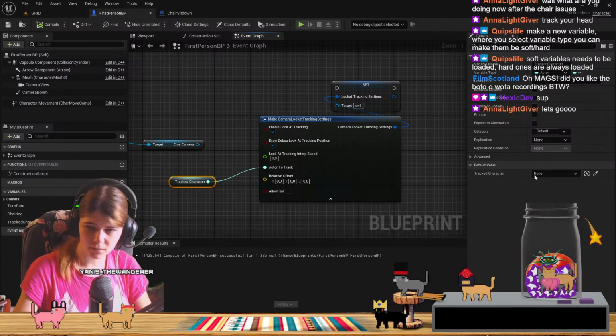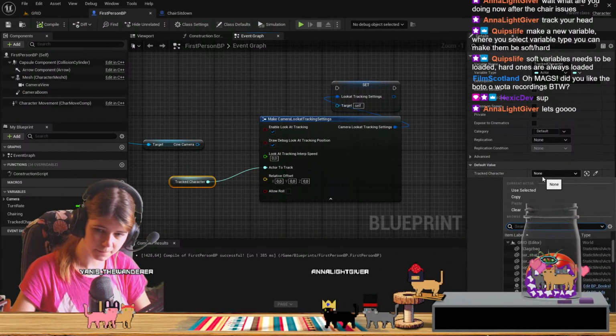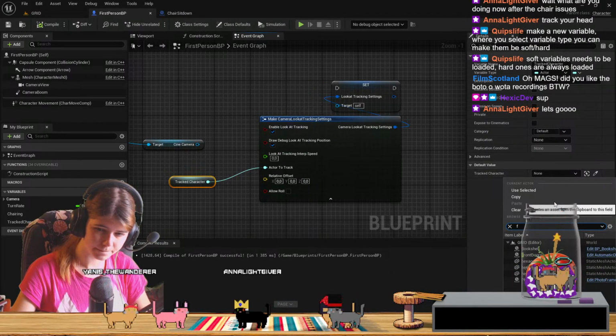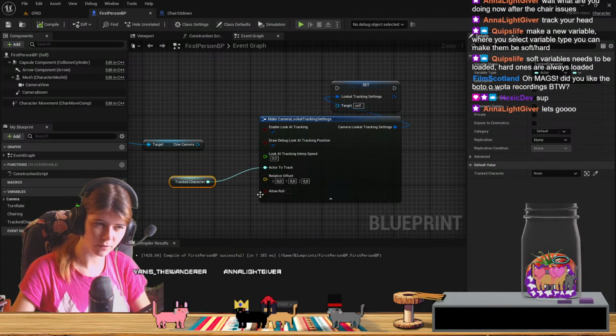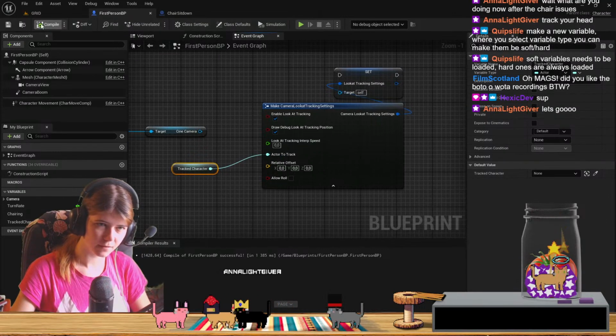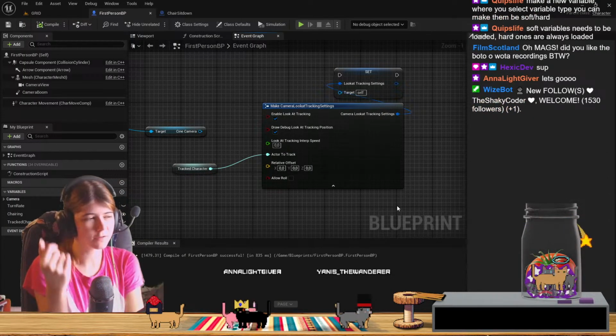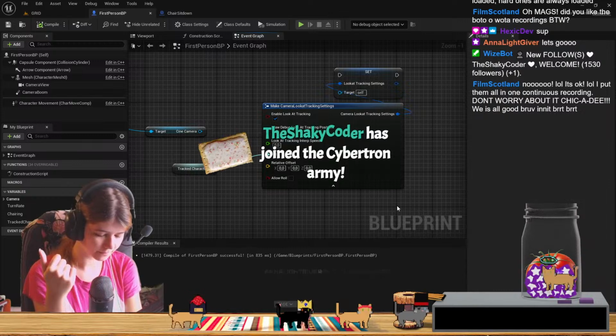So it needs to currently be... okay, here's a new problem. If my character's not loaded, because my character doesn't get loaded,